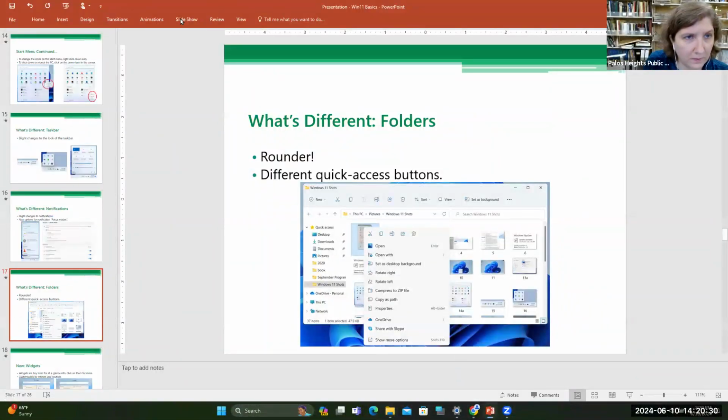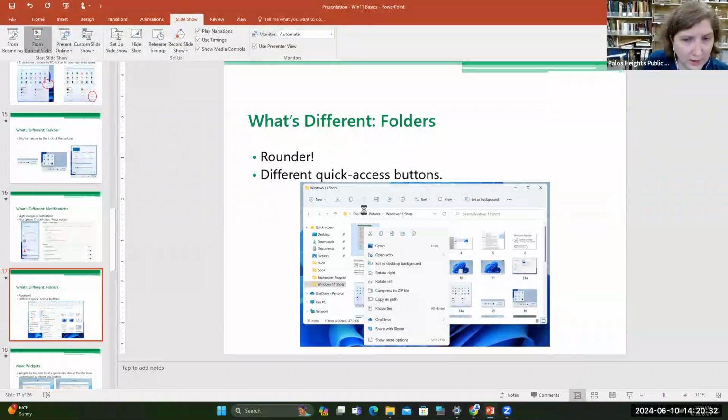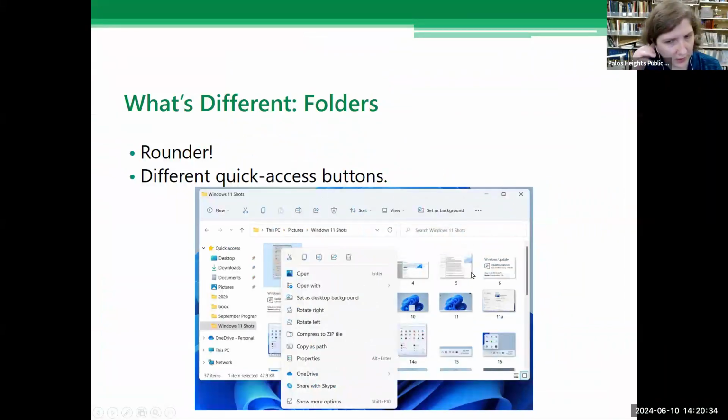There we go. Again, if there are any questions so far, you can always put them in the chat. That should be at the top or bottom of your screen. It looks like a speech bubble. There we go.